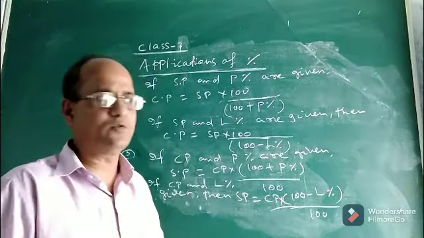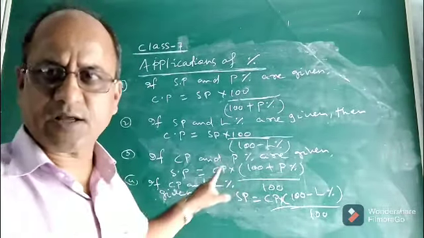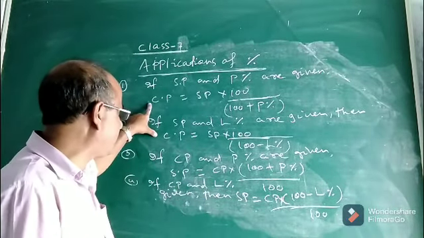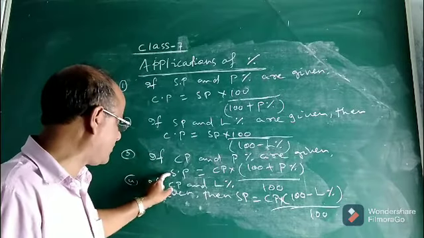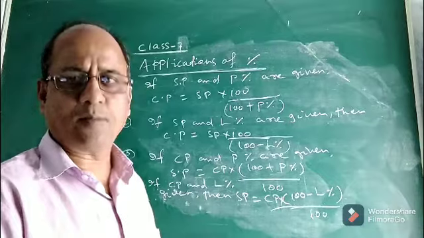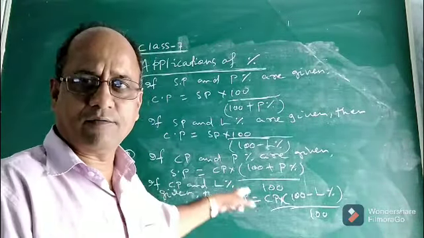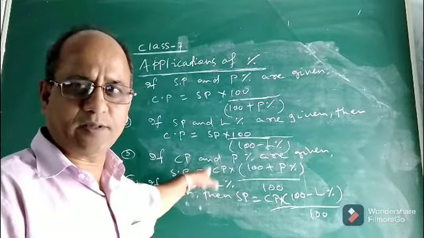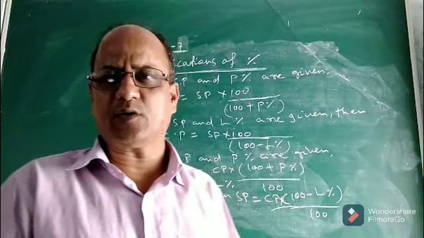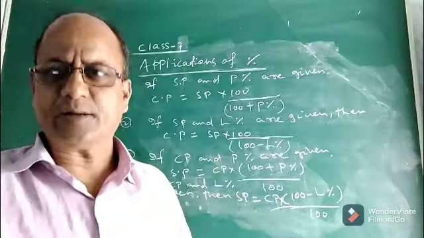So these are some new formulae on cost price and selling price which we had not read earlier. For the first time we read. Please remember these new formulae: these are two formulae for cost price and these are two formulae for selling price. It is very important while solving problems. This formula will be of great use, so please keep it in mind and remember it. Now with this we completed everything about profit and loss. Now let us go to the concept of simple interest.